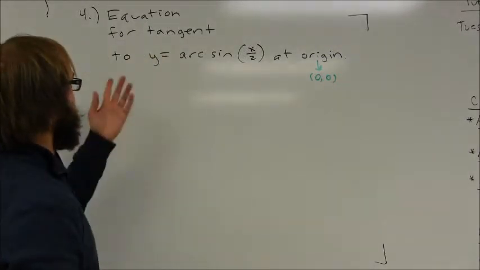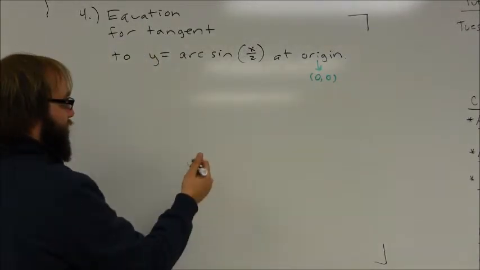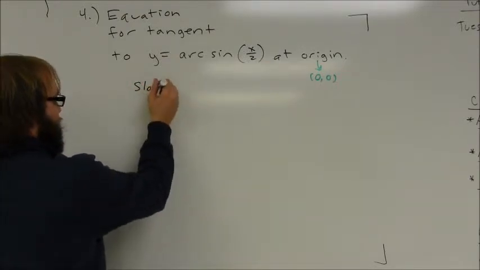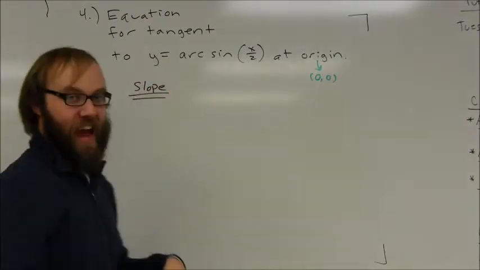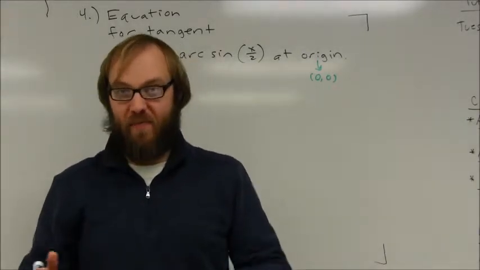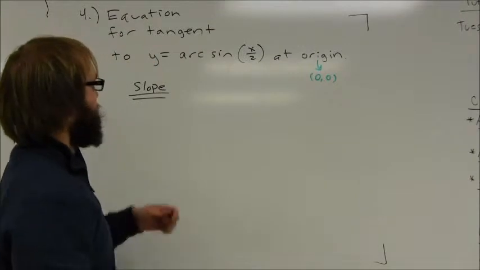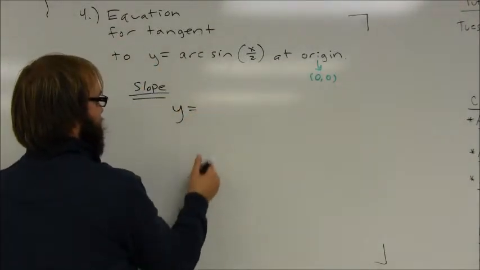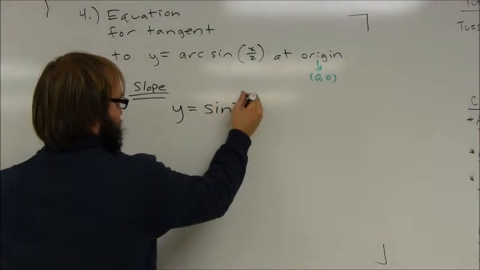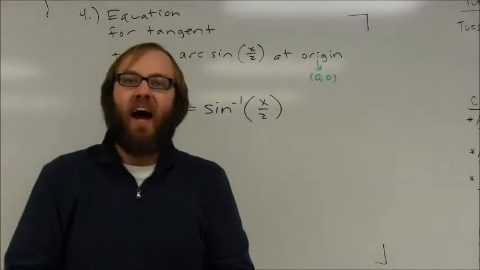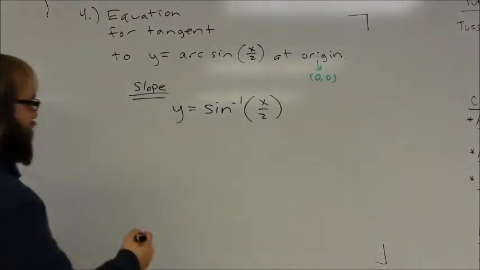So the big thing here, of course, is if I'm going to write this equation, I need to find the slope of the line at the origin. Okay? How do I find the slope of a curve? I find the derivative. Okay? Now, you may want to write this function in a different form. A lot of you probably learned this as inverse sine of x over 2, might be how you wrote that thing. And if you remember, the derivative